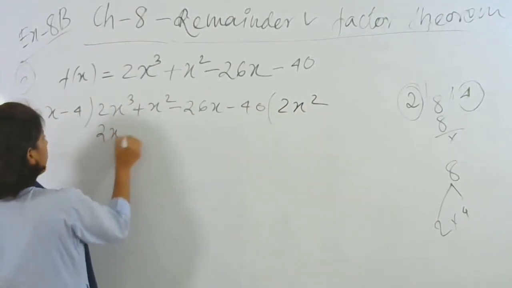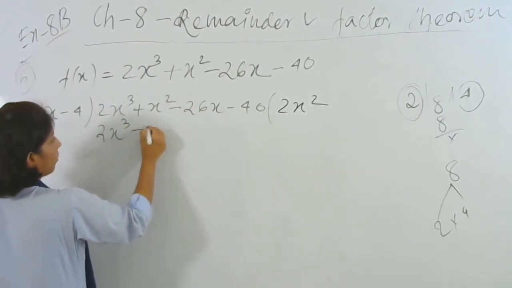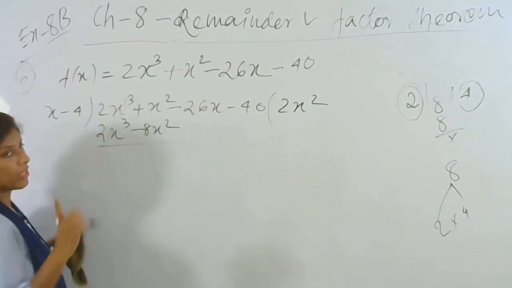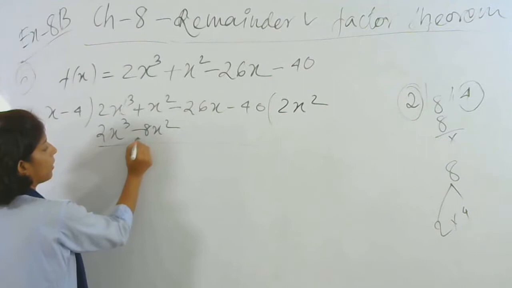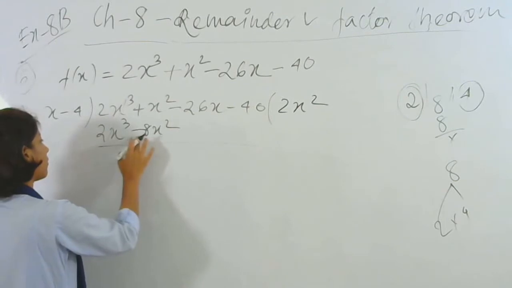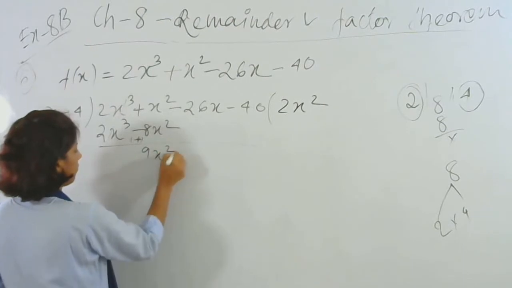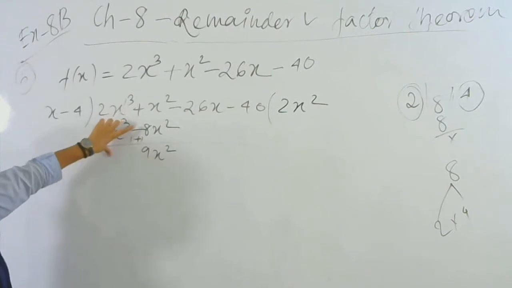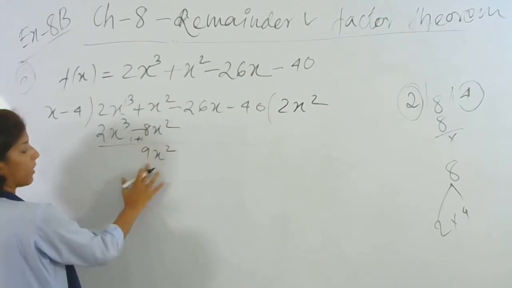So the answer will be 2x cube, then minus 4 into 2x square, so it will be minus 8x square. So this gets cancelled. Now since we are doing minus, always remember all the symbols will become opposite. So it's minus, so this symbol will be plus. Alright. So plus 1 plus 8, see, once I change the symbol, I will not consider this minus anymore. After I change this symbol, I'll not consider the old symbol anymore, alright. So plus 1 plus 8 will become plus 9x square.